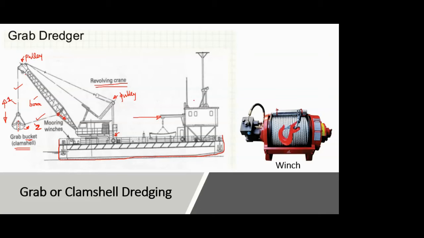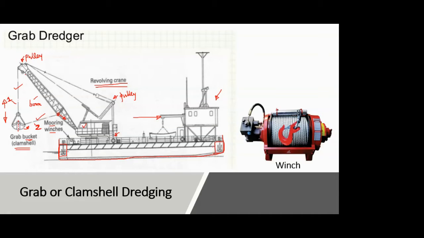The other accessories you see over here might be the control tower. The person operating the crane will be sitting right over here, but the overall operation will be looked after from this station. And then one more terminology you see here is the mooring winches. If you focus on this part, you can see an anchor-like structure at both the ends.